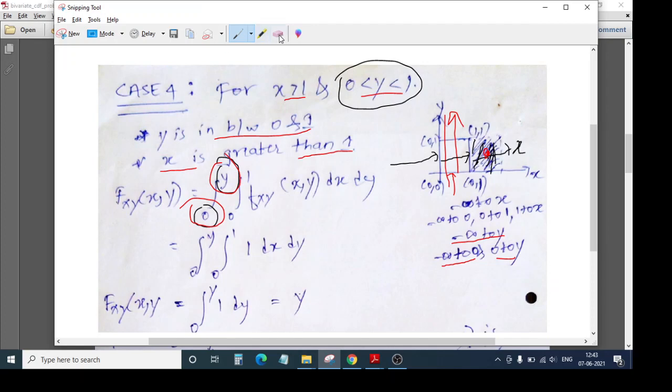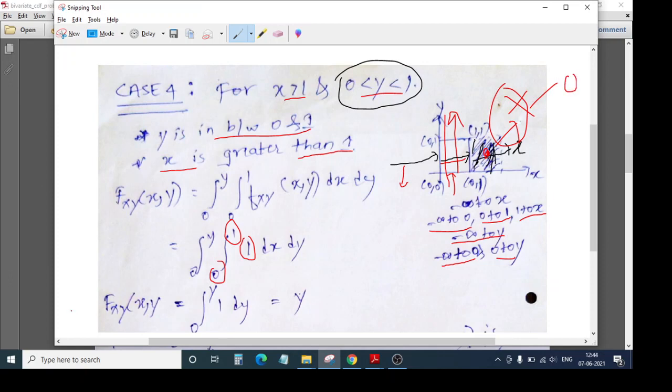Now coming to x, friends. Where is our x? It is greater than 1, as they have given us. If you split, for minus infinity to 0, the first split, the value is 0 here. The next split is 0 to 1. In this case we have the value 1, so that's why we have taken it as 1, and the limits are 0 to 1. Now coming to the third range, 1 to x: here we don't have any value, it has already been taken care of as 0, so we are not writing it. The only thing which remains is the integral from 0 to 1 of dx.